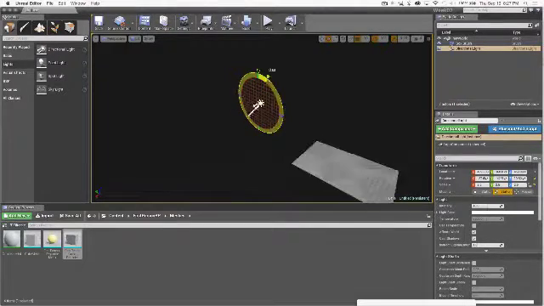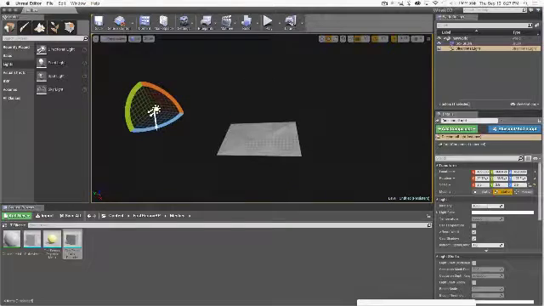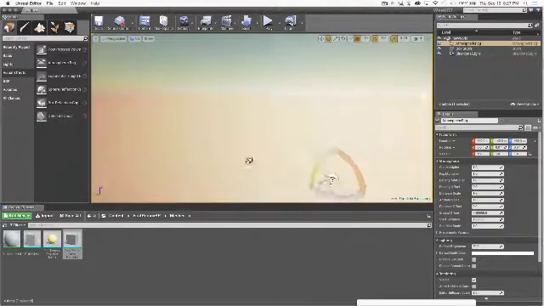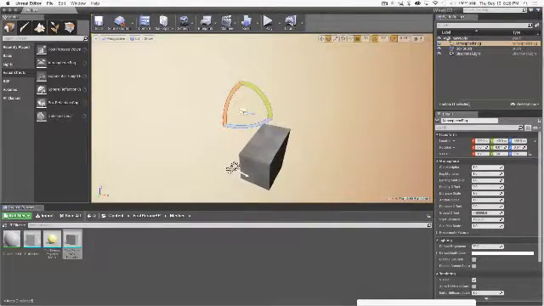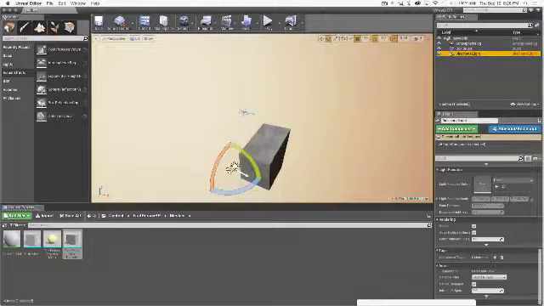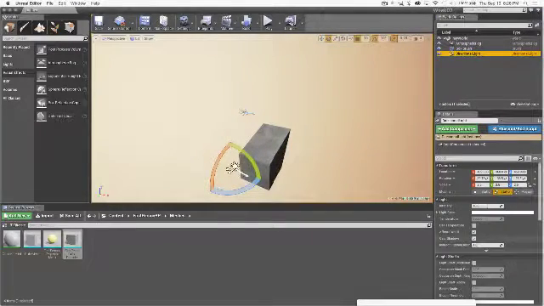So to give us a little bit more of an environment, I'm going to go to Visual Effects, and I'm going to add in an atmosphere. So now we have kind of like a horizon line. And just to make it a little more interesting, I'm going to go back to the directional light, and remember the details panel. I'm going to go over here to the details panel, and I'm going to choose to use this light, directional light,